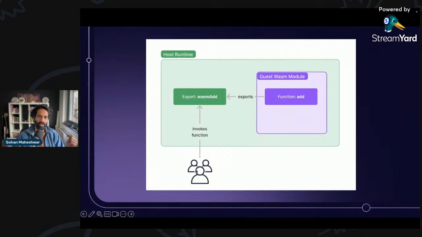Yeah. So the user can talk to the runtime or the host, but not the guest Wasm module in it. Again, maybe stretching our analogy a little bit, a guest is coming to this hotel and they can maybe meet you in the lobby, but they can't come to your room, right? Again, very clunky analogy at this point, but just to do a callback there. Again, the user can invoke this function that is running in this host.